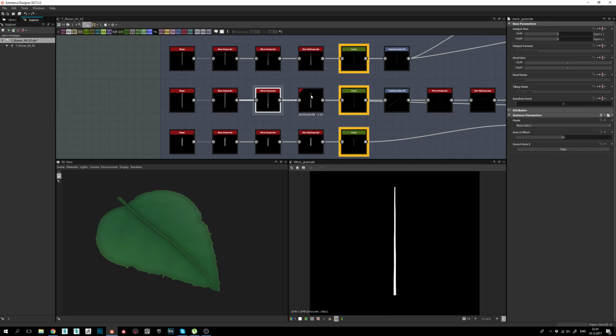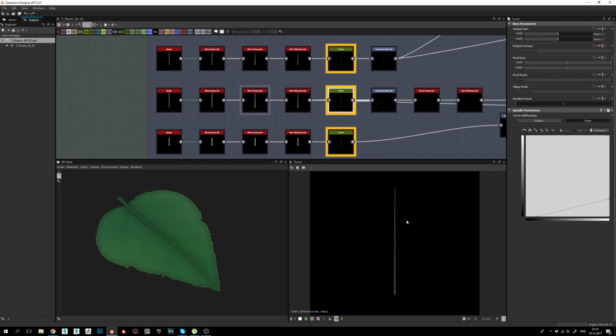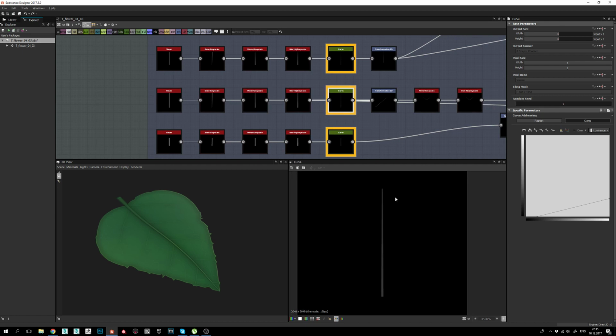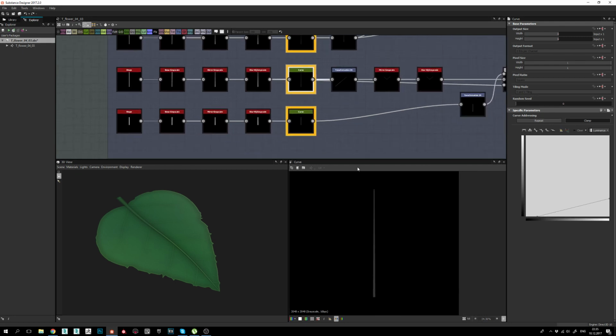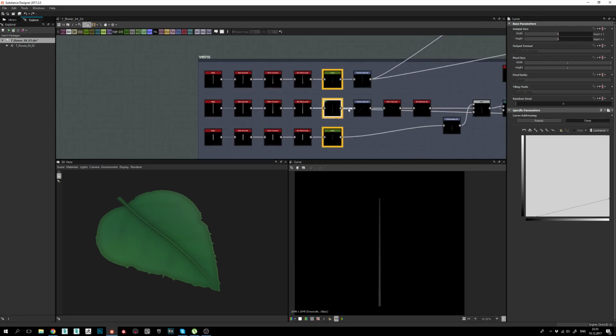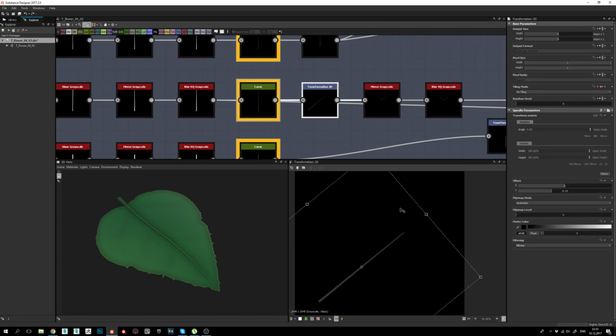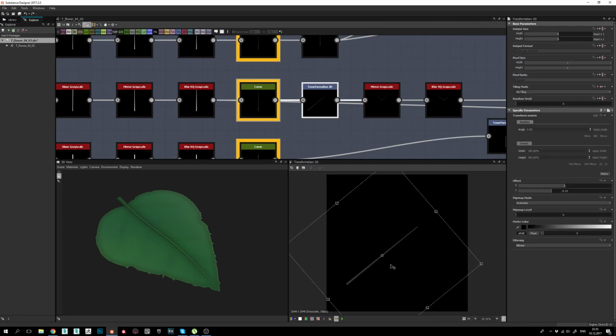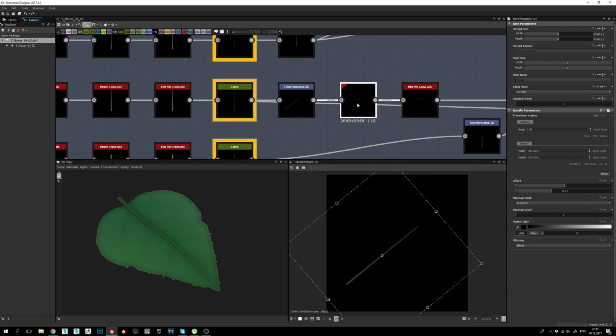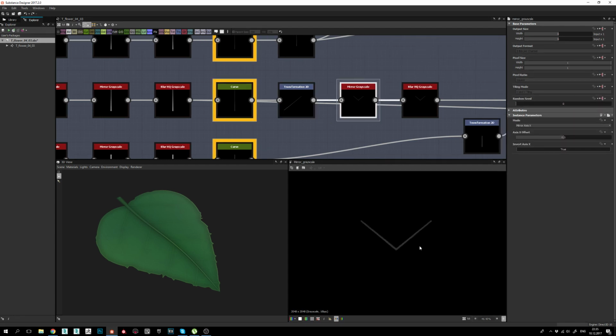So yeah, next step is blur high quality grayscale. The next step is curve node. Again, you can look into other tutorials where I'm using curve node. So yeah, check it. I'm using curve node a lot. It's a really useful node. The next step is transformation 2D, and I transform it into 45 degrees and move it a little bit down. Mirror it again, so I have now those